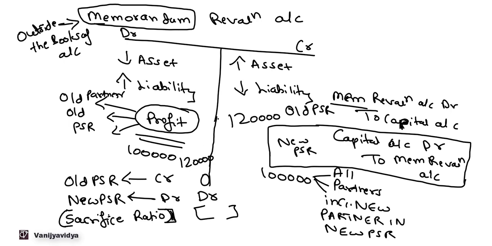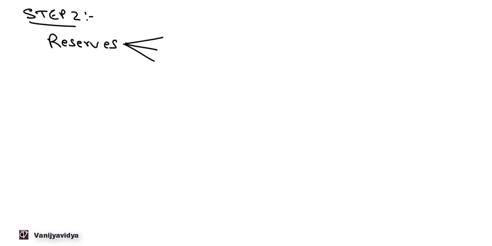Now step 2. What is step 2? Step 2 is reserves. All the reserves of the partners which were earned previously need to be distributed to the old partners in the old profit sharing ratio. That is step 2. Then step 3